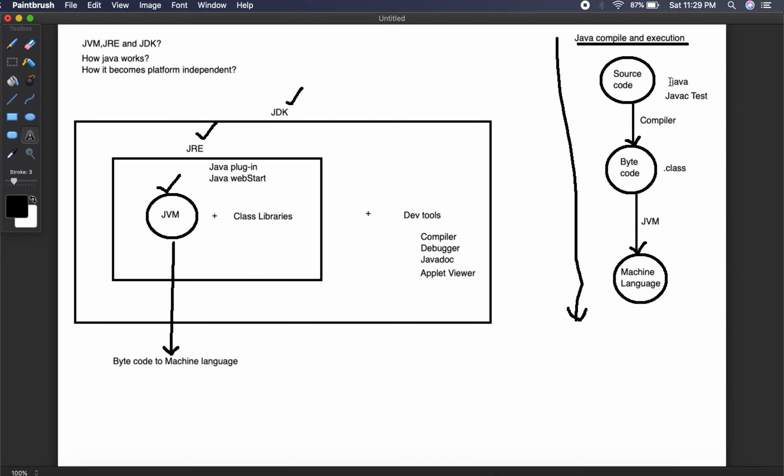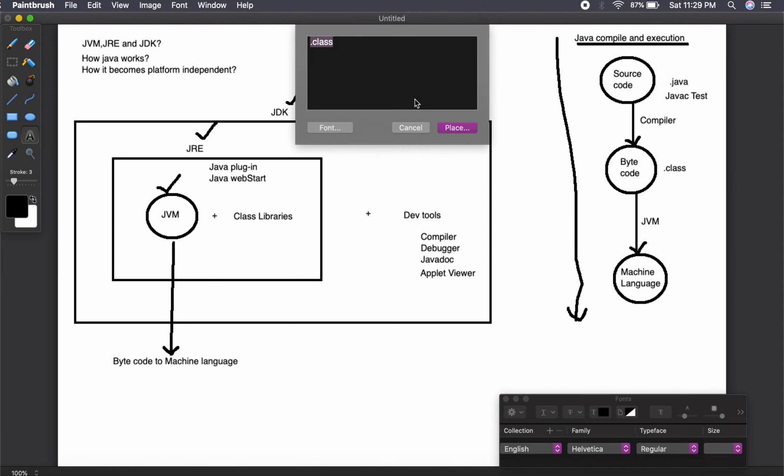Okay, hope you are getting it. Here it is a .java, and once you run javac test, after the compilation, it converts the source code to a bytecode, and a file with the .class extension will be created. This .class file will be understandable by the JVM. And how do you run that program? Once you compile the program, a bytecode is generated, the .class file is generated, and now to run the program, the command we use is just java space test. So whatever class we have, we are going to run that.